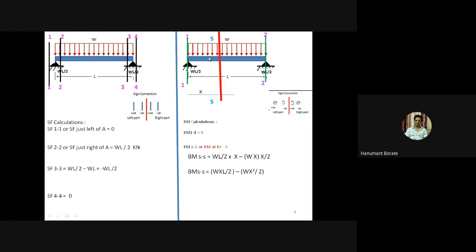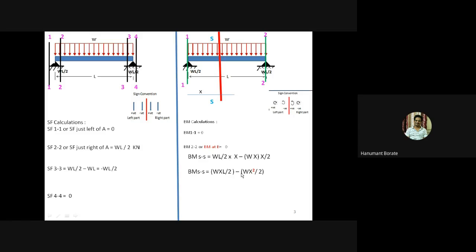Wx into this distance x by 2. So here we can write Wx into x by 2. Moment of this partial UDL is Wx into x by 2. I have taken here minus sign because this moment is anti-clockwise, right? And it is at the left side of the section. Okay. So finally, bending moment at a section is